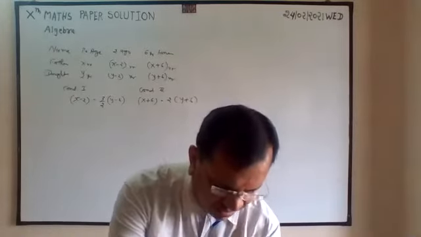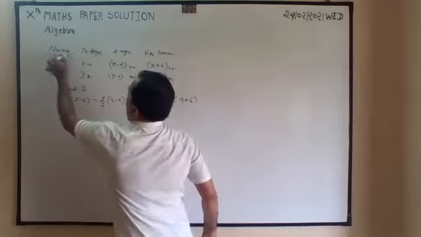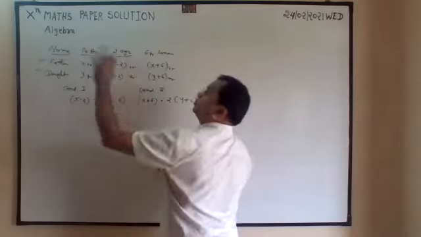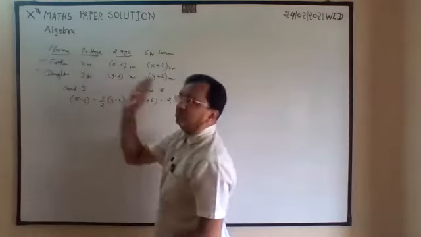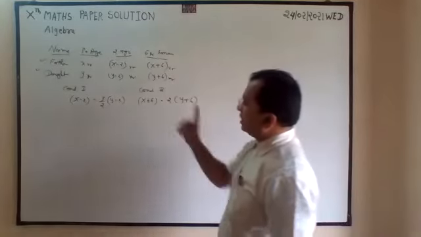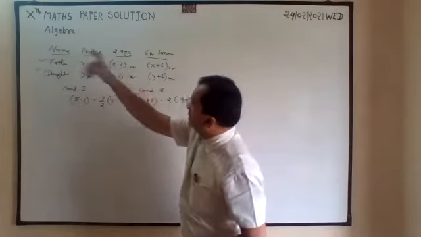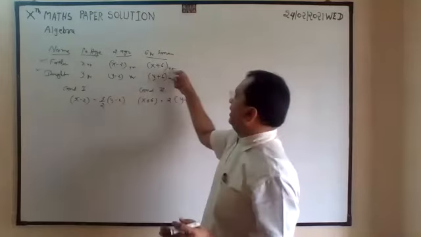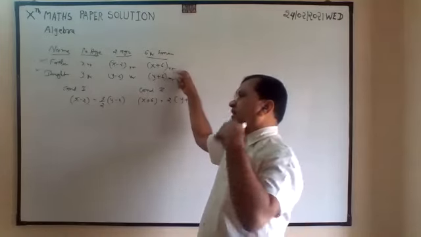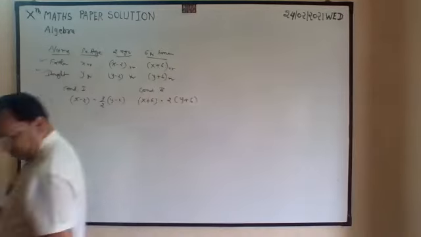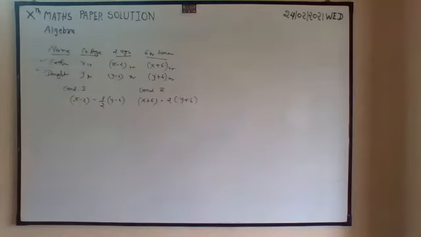First, try to understand the table. Name, father and daughter. Present age, I have considered x year, y year. 2 years ago, I have to less 2 year from both. 6 year hence, I have to add 6 year. Condition number 1, they have given before 2 years, father's age was 1.5 times of the age of daughter, and 6 year after from the present, father will be double of the daughter. Follow?